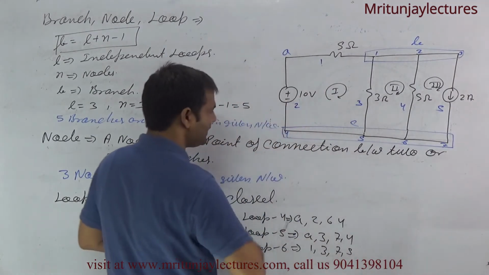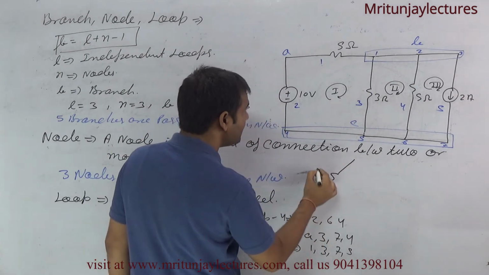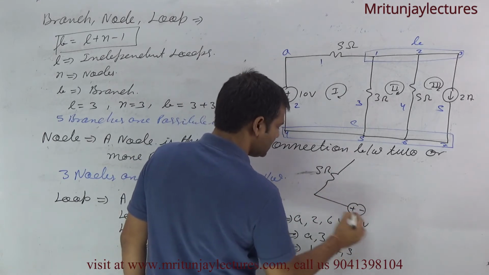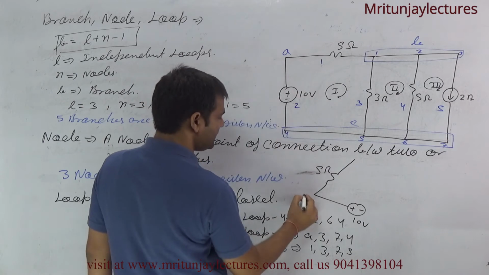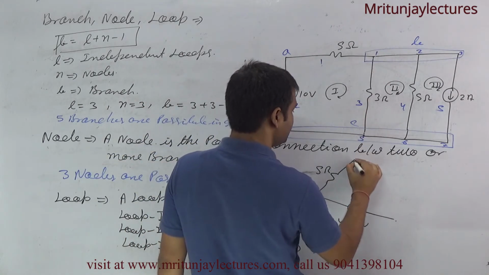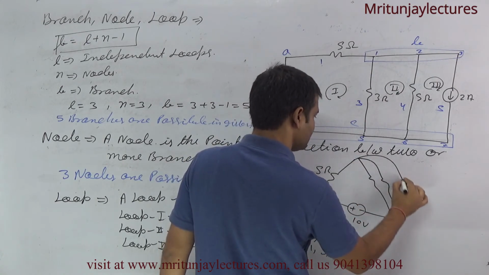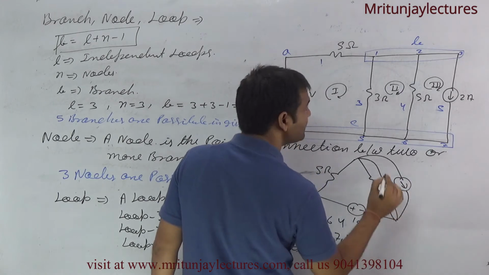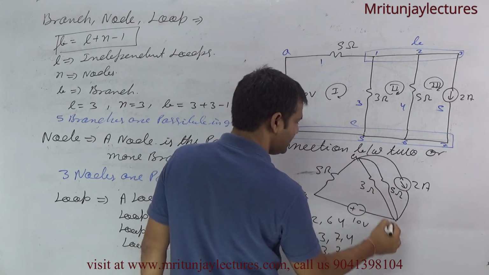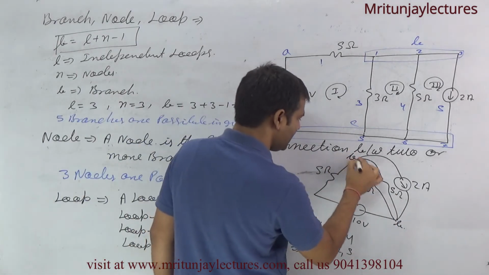And this one is also made like this one. Suppose that is 5 ohm and this one is plus minus, that is 10 volt, and this one represents A. And this one is B, like this one, and the current is represented like this one, that is 2 ampere. 5 ohm and 3 ohm, that is A and that is B. Sorry, that is B and that is C.